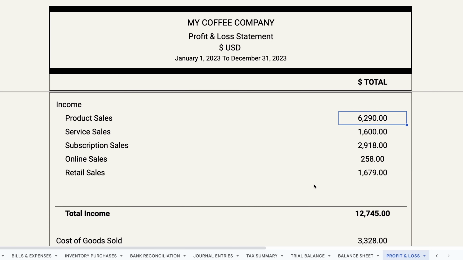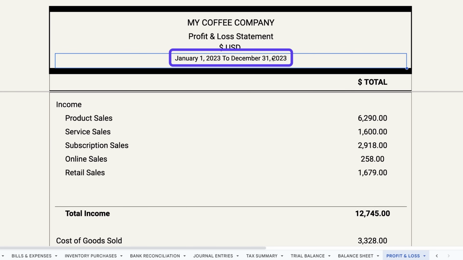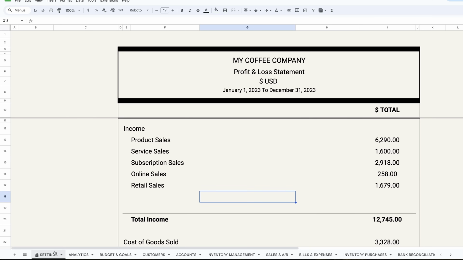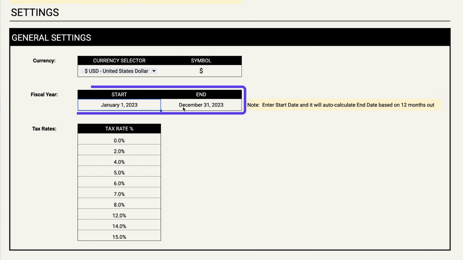One thing I should point out here, which we haven't talked about really, is this date. So you can see this date reference here. This is actually referencing, if we go back to the very, very beginning, the settings tab, this particular date here. So your fiscal year date. Anytime you make a change to this, it's going to update all of your various financial statement